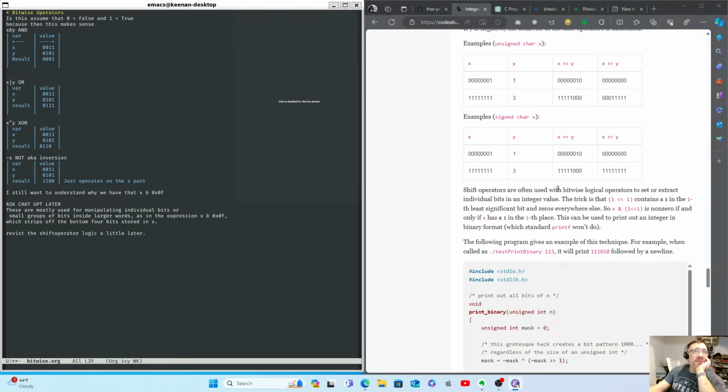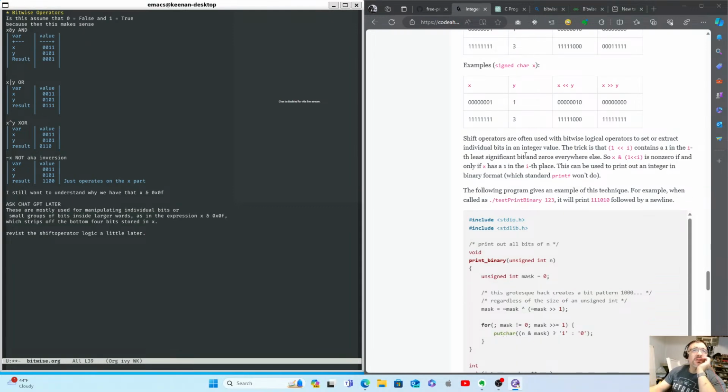Shift operators are often used with bitwise logical operators to set or extract individual bits in an integer value. The trick is that